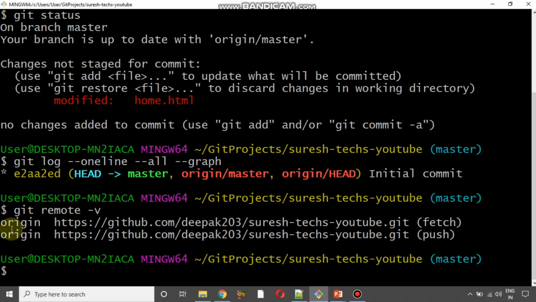Okay, so this is the shortcut name of this entire URL. Now we do have a change, we'll need to commit and then push it back to the remote repository. But before doing that, remember, whenever you would like to make a push, the first thing that you will need to do is to make a pull,